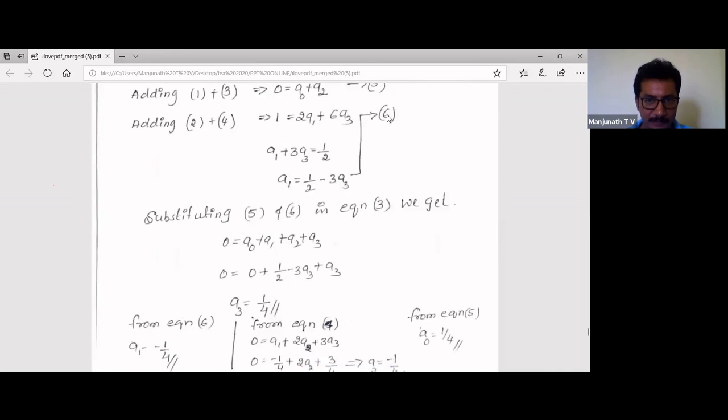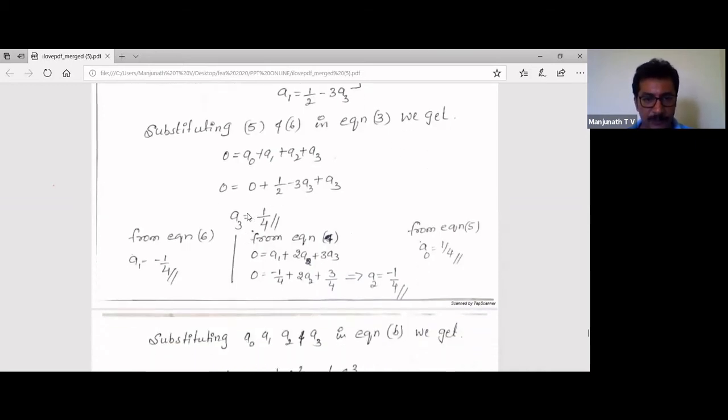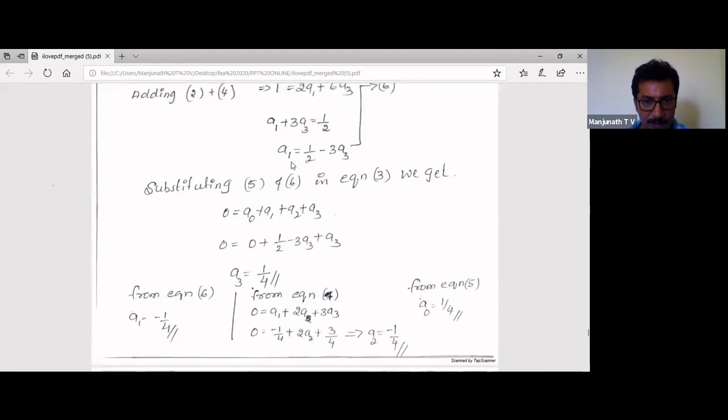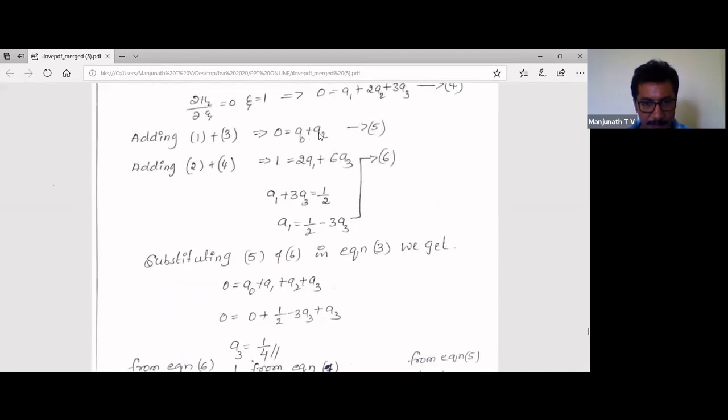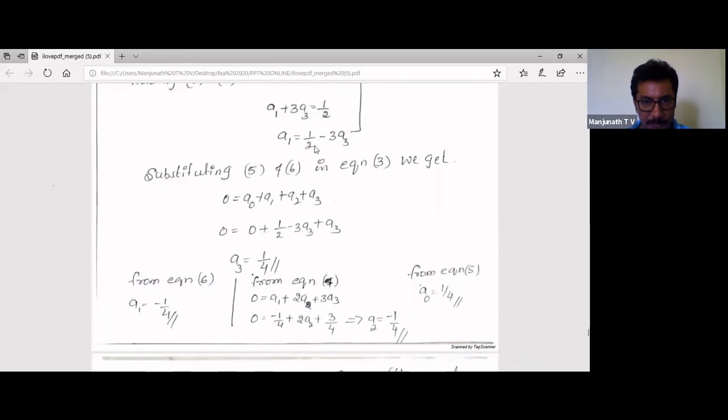Once you have got equation numbers 5 and 6, you are going to substitute these values in equation number 3. Then you are going to get the value for a3. It is the same for all types of shape function calculations, for H3, H4 also. So as you substitute equations 5 and 6 in equation number 3, then substitute a0 + a2 value as 0 here, and the a1 value you have got here like this, 1/2 − 3a3, 1/2 − 3a3 plus a3 remains the same.